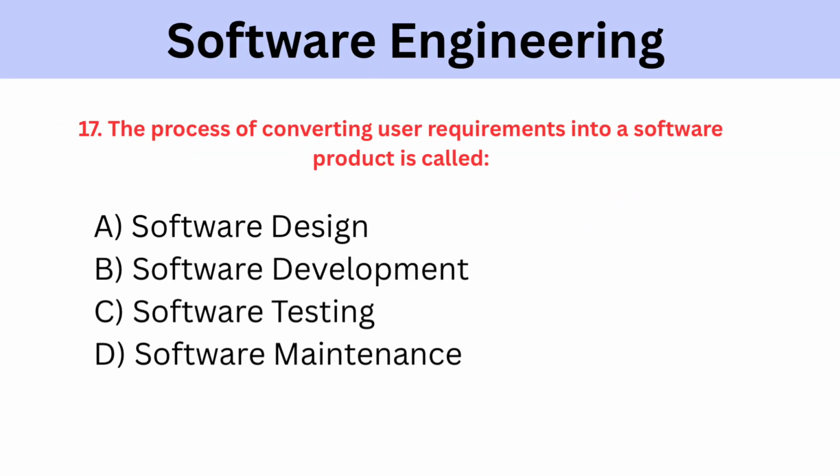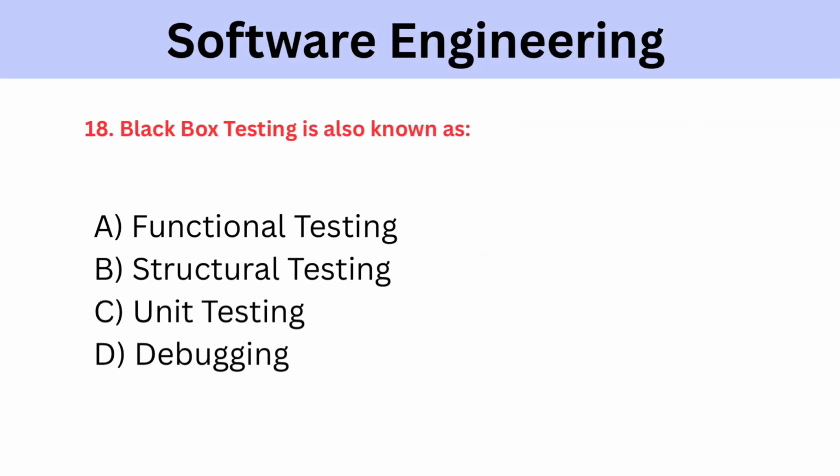The process of converting user requirements into a software product is called A. Software design. B. Software development. C. Software testing. D. Software maintenance. The correct answer is option B. Software development. Black box testing is also known as